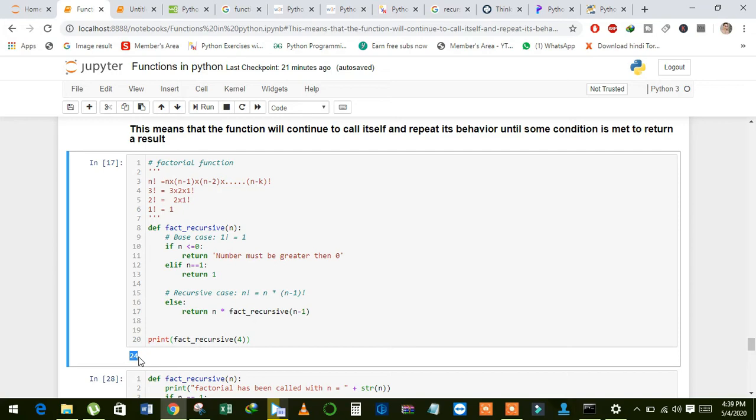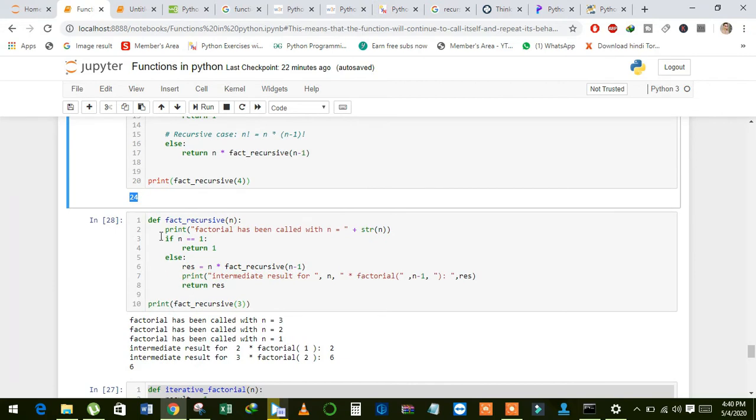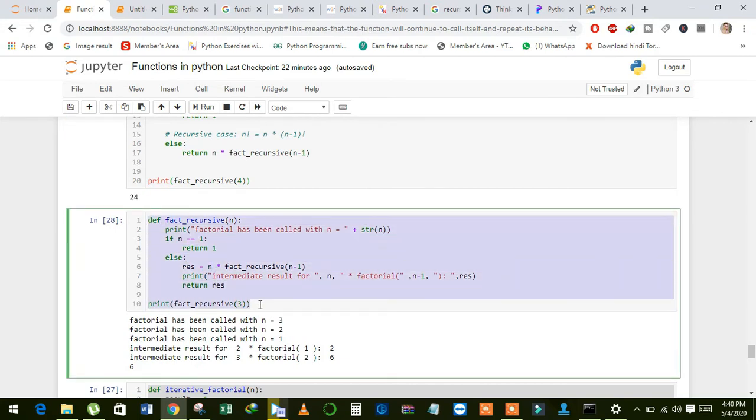Now we will discuss how the factorial function works at each step. I have written it again with some modification. Inside the function I have written a print statement with the message: factorial has been called with n, and then printed the value of n. Then I check if n is equal to 1, return 1, else.